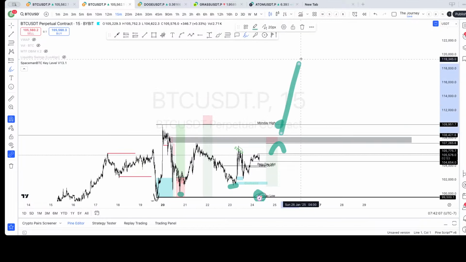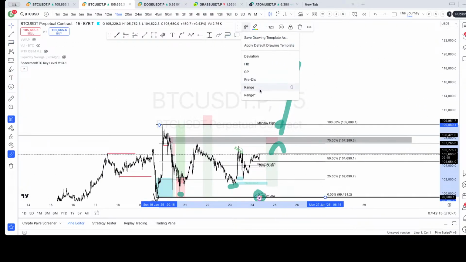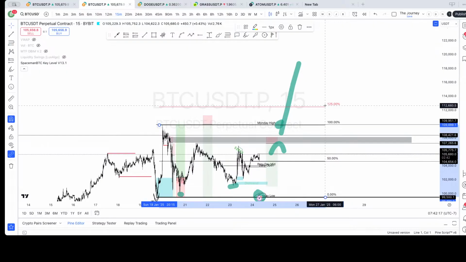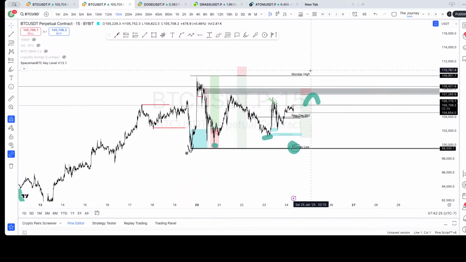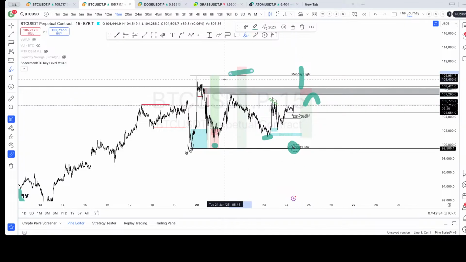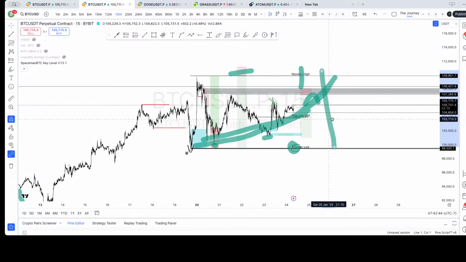But we have to really get up out of here. Let's put a number on it real quick instead of just making stuff up. 113-ish to say that we've actually broken out of this. If we smoke Monday's high, aka the all-time high, first, and do not break that, and then rotate back down to Monday's low, that would make a lot of sense.